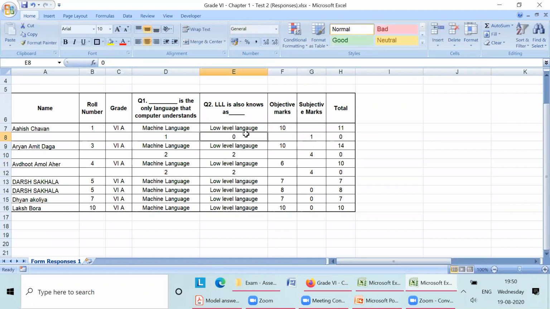Because you are going to calculate it at the end. See, suppose question 1 and question 2 is optional, and the student has solved both, so the total will be 2. So simply delete the marks. It will automatically update the total, or simply write 0. Still the total will be the same. Okay, so that is about optional questions.